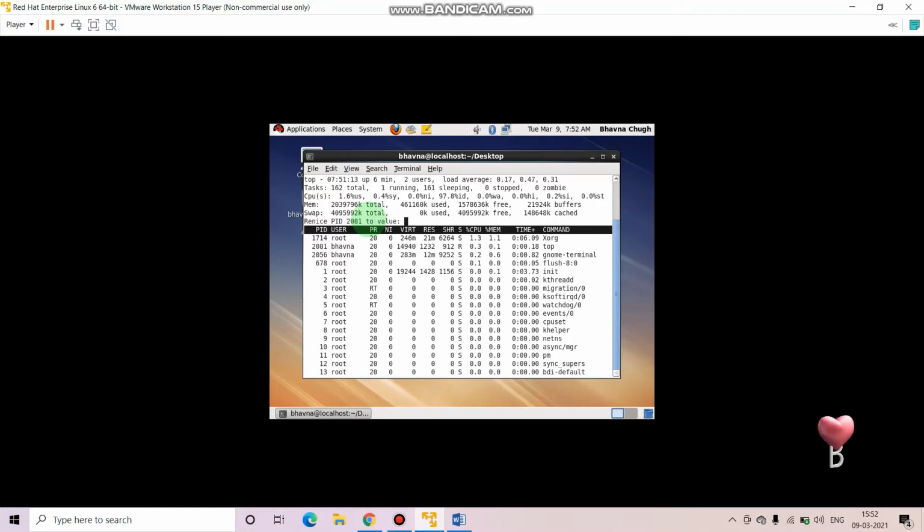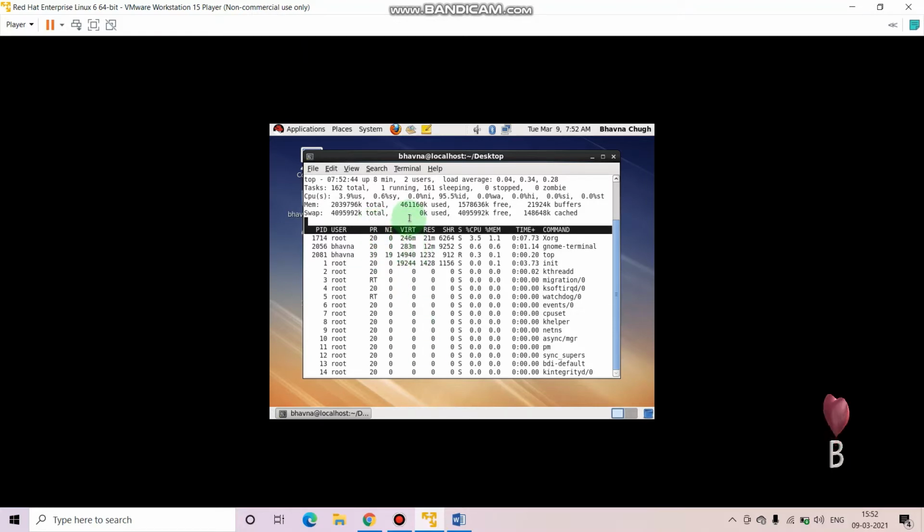Then enter. Now it will ask for the renice value, what you want to change the priority to. I will go for 19 and enter. You can manually refresh by pressing A. You can see the priority is changed. Here you can see it is 19 now. So we changed the value.